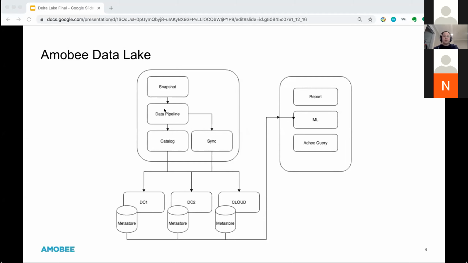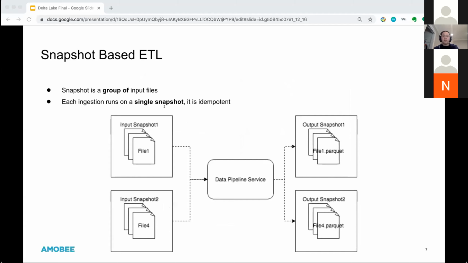Something you might notice is that there's a snapshot component in this architecture. This is actually a snapshot-based pipeline. And what is a snapshot? A snapshot is a group of input files. We split all the files into different groups, and each of these groups, or each snapshot, will have a unique snapshot ID.